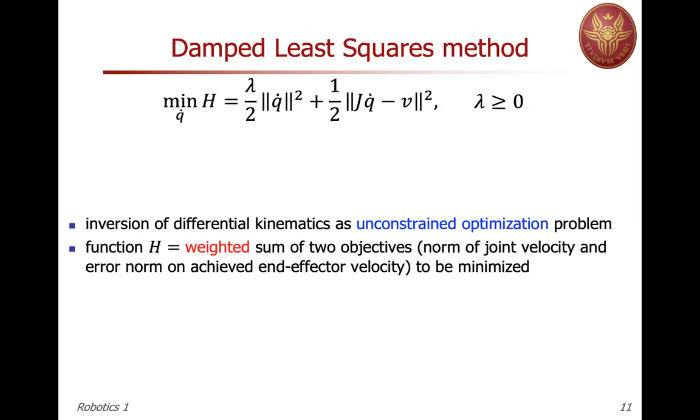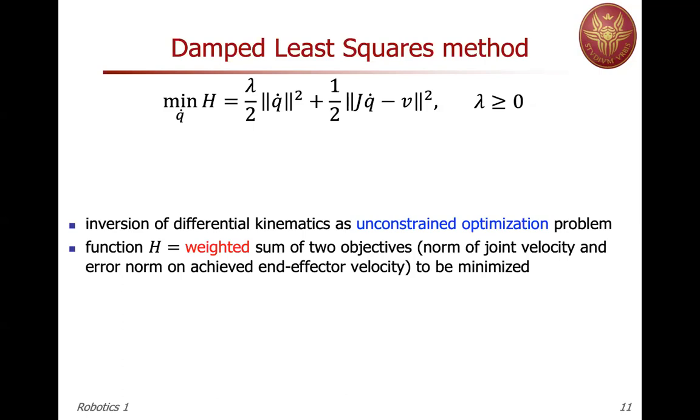One is the square norm of the error on the velocity task. So you would like to find a Q dot, which is your unknown here, such that JQ dot is equal to V. But you relax this equality, saying that you like to minimize the error on this velocity